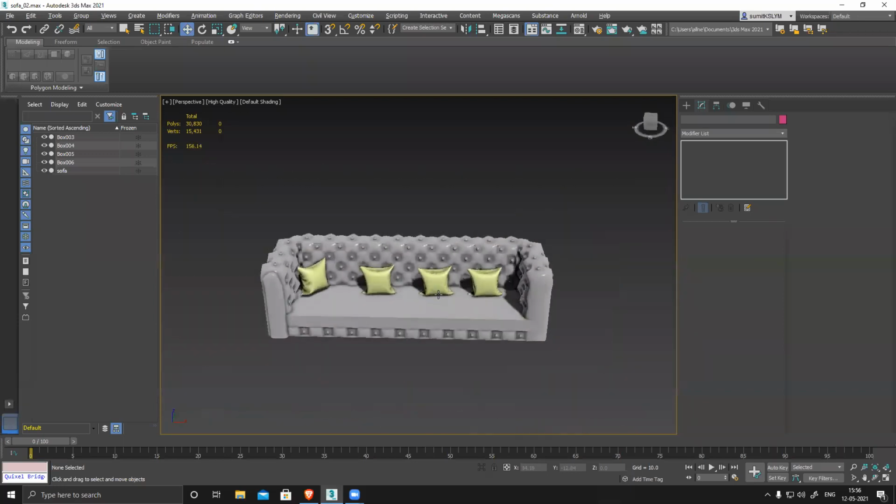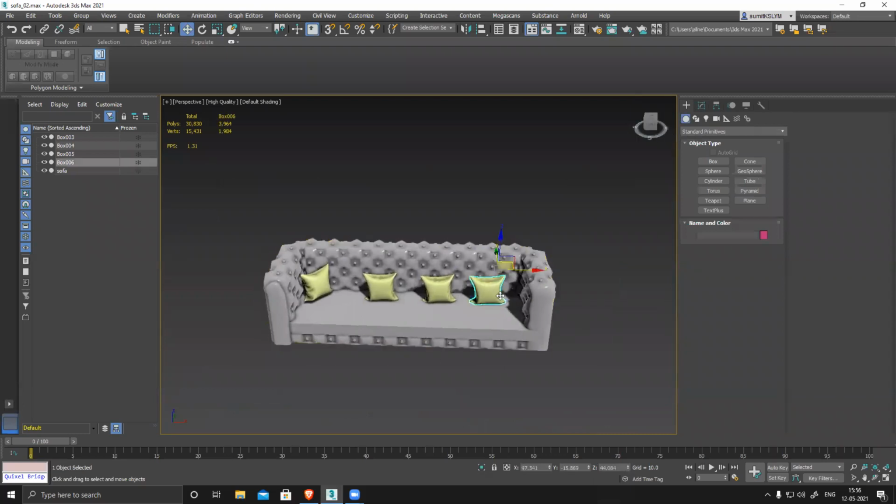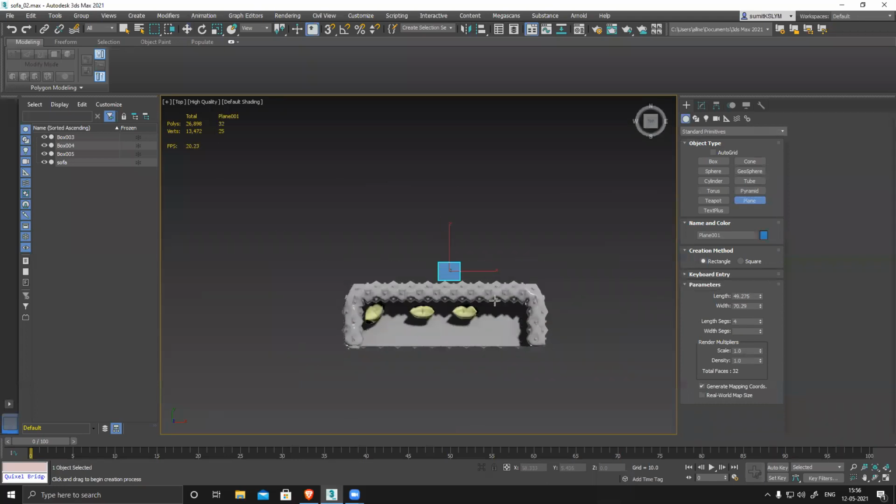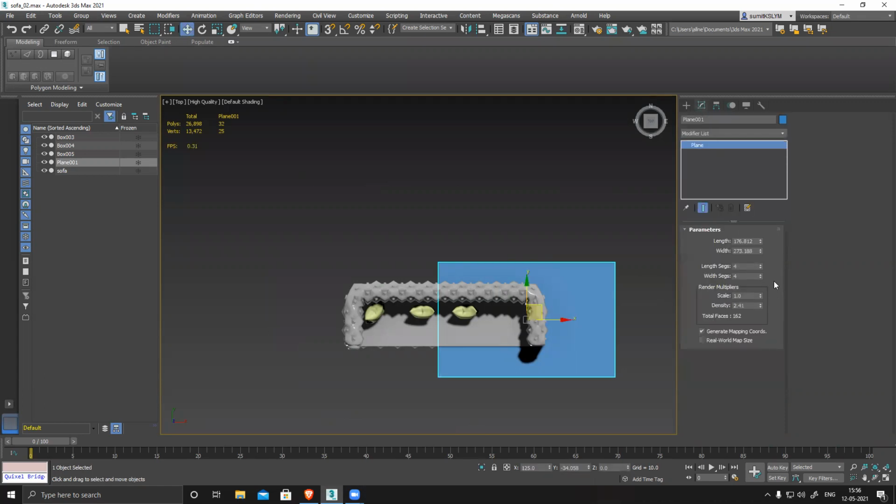I create this, and then suppose I delete one. I have a plain top view. F4, create this, move it up, this and this one.